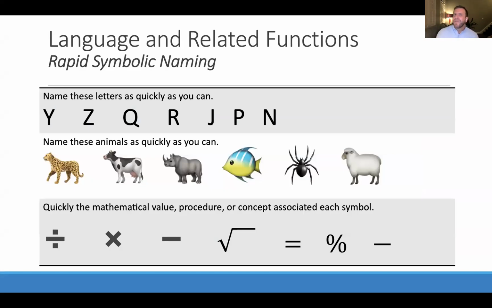So I also want to talk about something that you may have heard called double deficit dyslexia, right? And that's really an additional challenge that can go alongside those phonics-based issues. And what it is, it's also language-based, and it's the ability to quickly attach a verbal label to something that you see. So we might look at the middle here, where it's animals. So it's going to be cheetah, cow, rhinoceros, fish, spider, lamb, sheep. Being able to do that quickly calls on language centers of the brain.